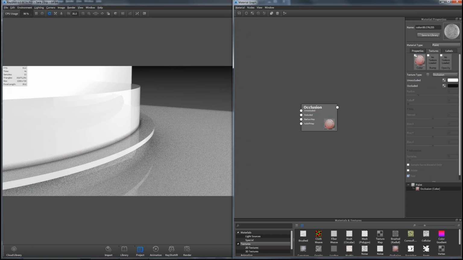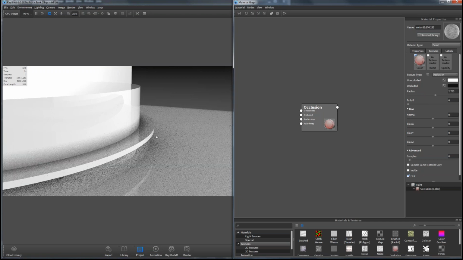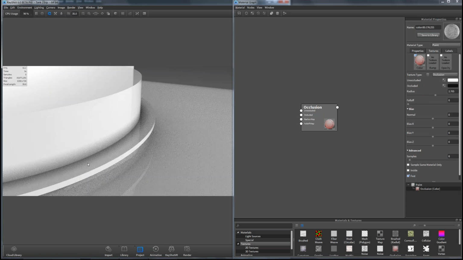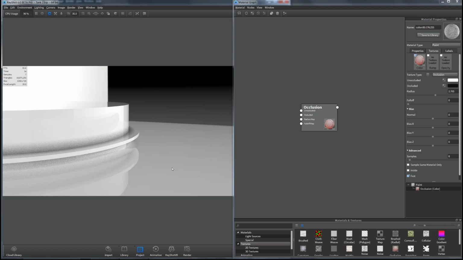Here it is without occlusion, and now when I check that checkbox, I'm getting this extra bump in my shadows, and we can use this in a ton of different ways. But helping with shadows and adding dirt, things like that, this is how the occlusion texture can be really helpful, right? So if I increase that radius, it increases the size of where the occlusion takes place. So shadows off, shadows on, right? So now I'm boosting my shadows using the occlusion texture.